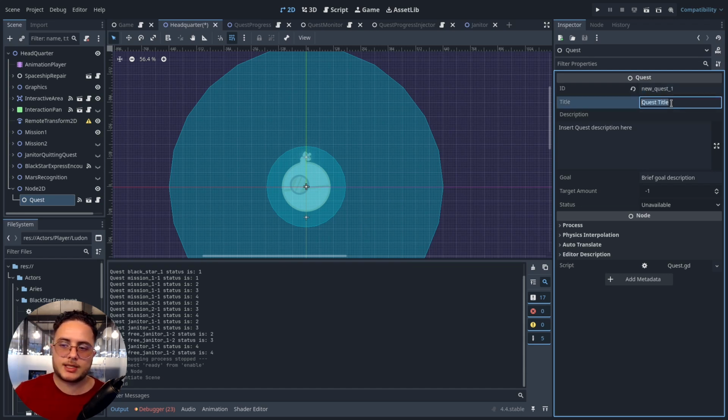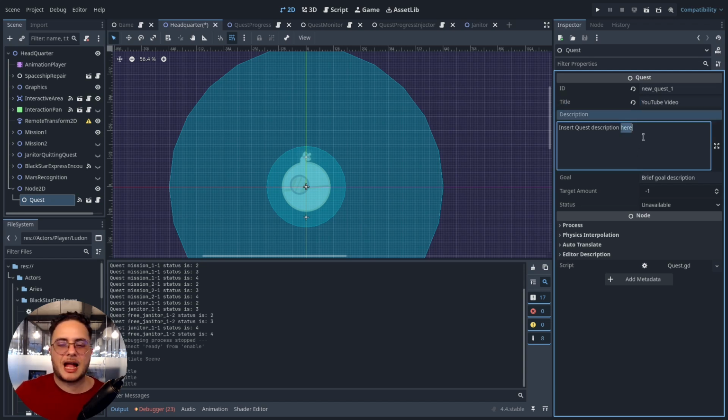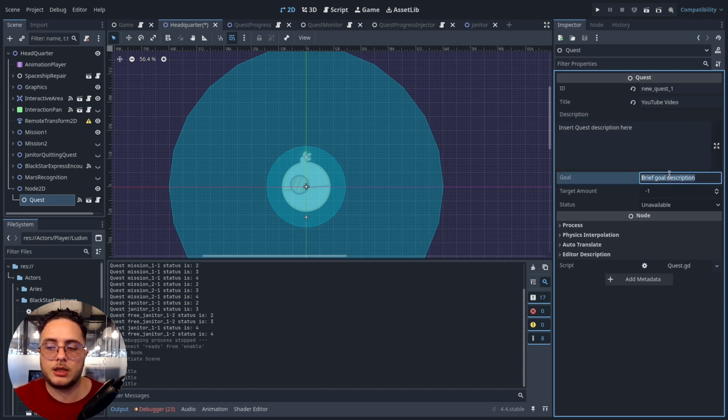And we can give a quest title. So let's say YouTube video. We don't have to give a description because my quest panel doesn't show the whole description, but we need to give at least the goal description. So let's see. Let's create some enemies so we can destroy them, right? So destroy